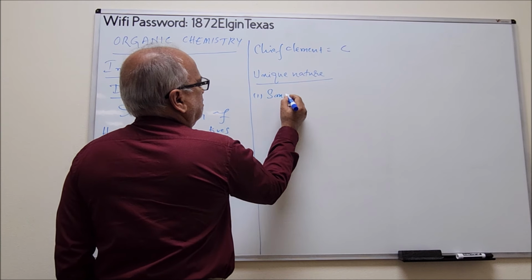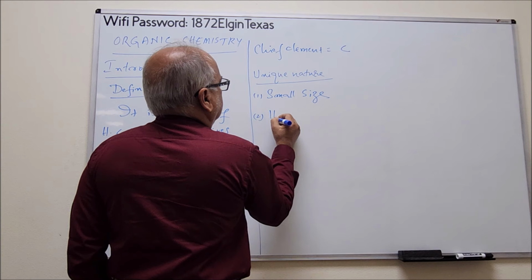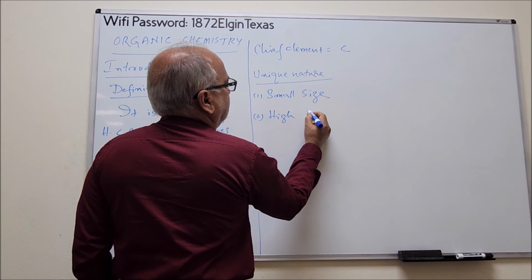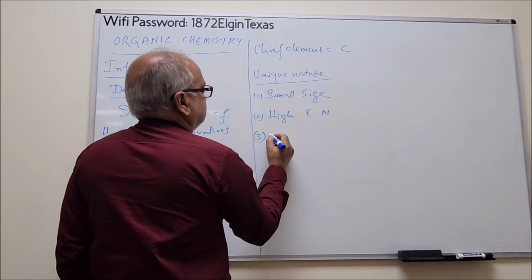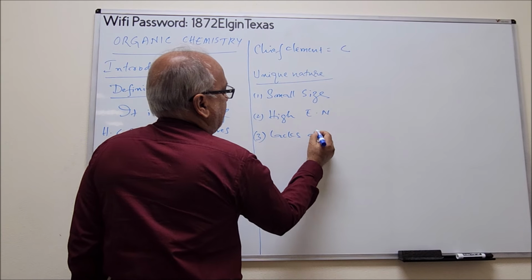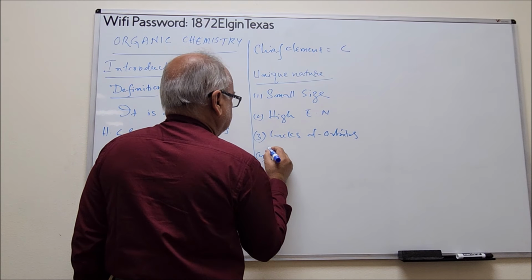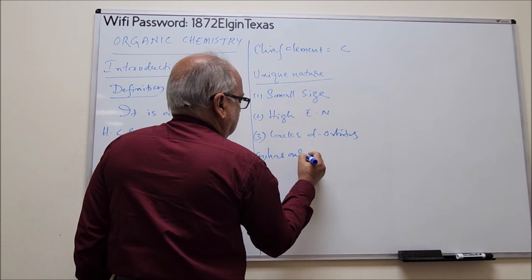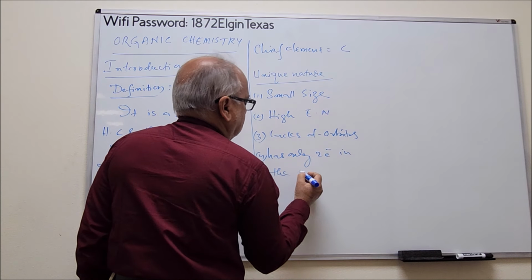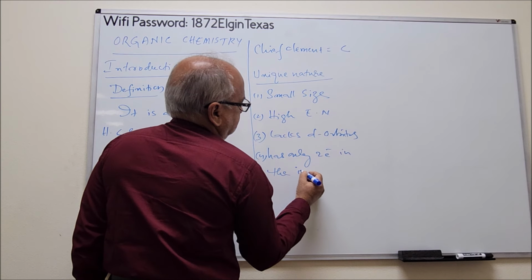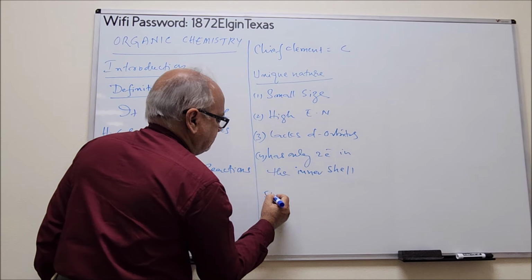It has small size, it has high electronegativity, lacks d orbitals, has only 2 electrons in the inner shell,